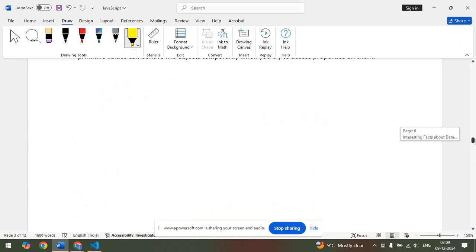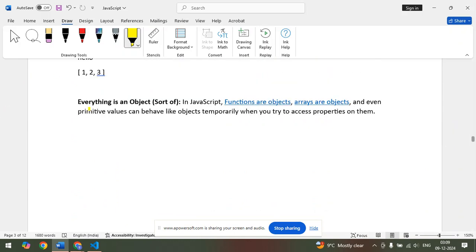Next, everything is a sort of object. In JavaScript, functions are objects, arrays are objects, and even primitive values can behave like objects. Primitive values temporarily behave like objects when we try to access properties on them. For example,